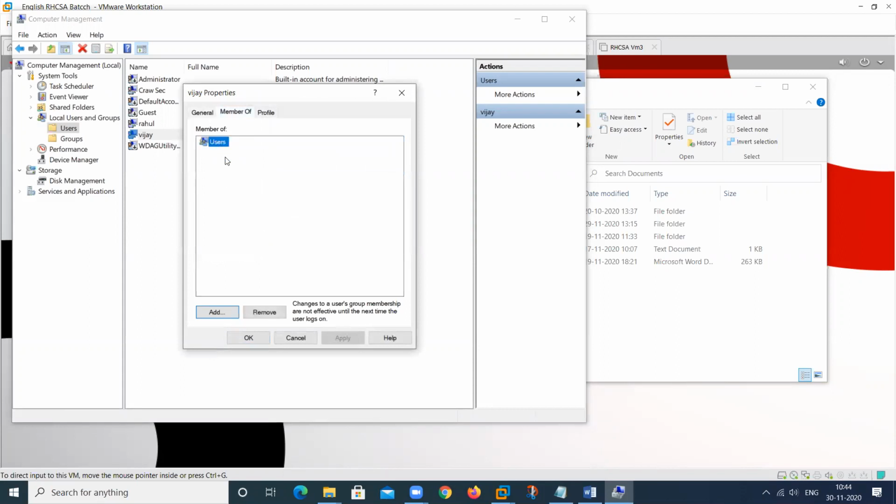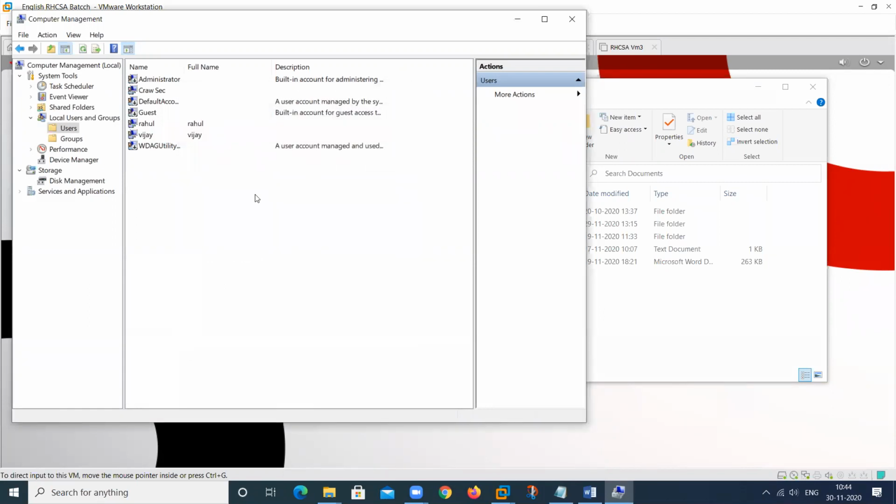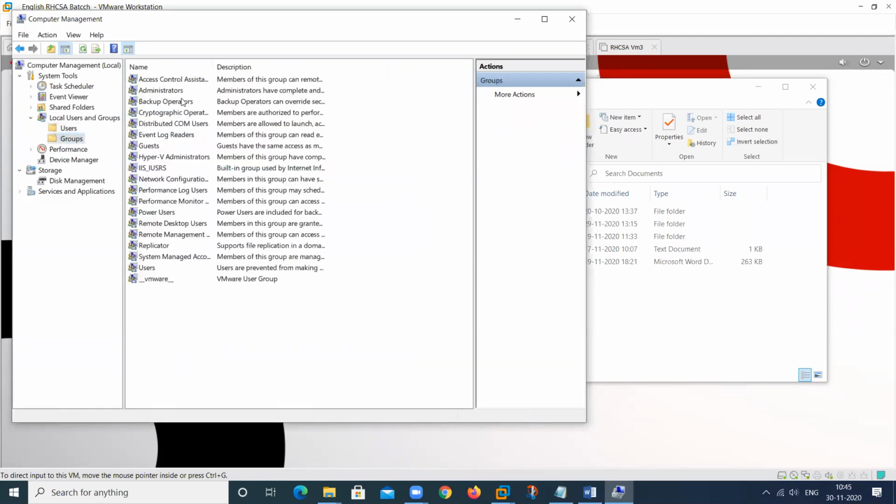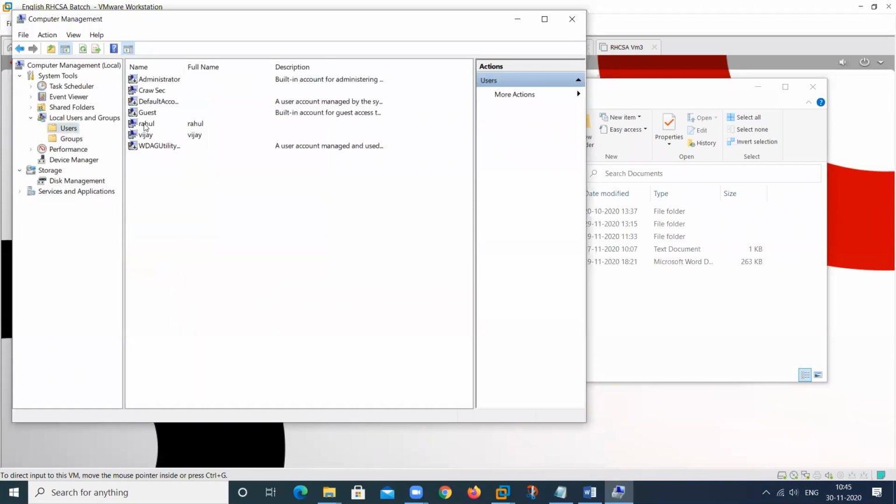This will be a part of the users group. By default, this is a group and all the users will become part of this particular group. If I want to add this particular user as a super user, an administrative user, then this is the administrative group, the administrators. If I add any user in this group, that user will become a sudo user.